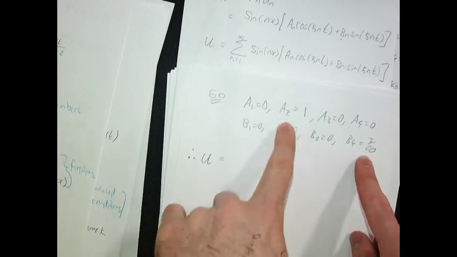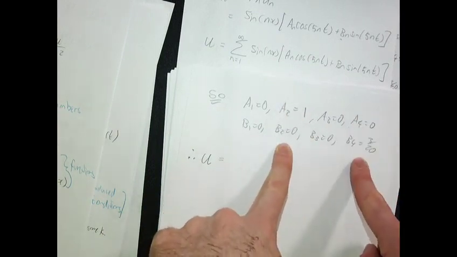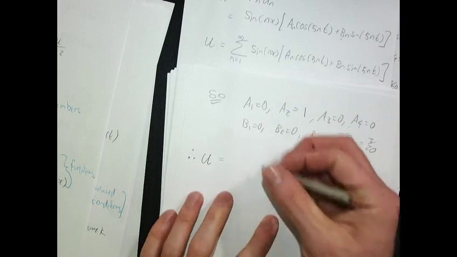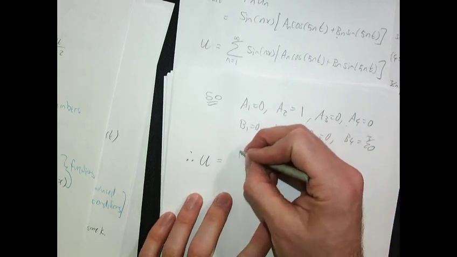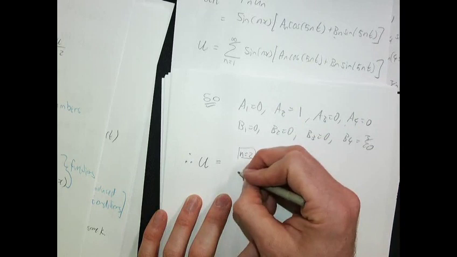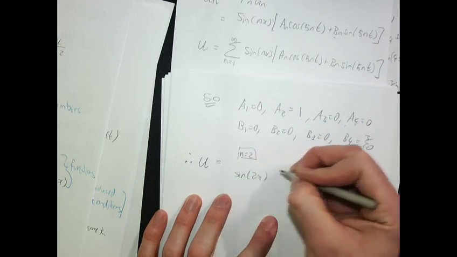U only occurs when n is 2 and n is 4. They're the only times that anything actually happens here. So n equals 2, we get sine 2x